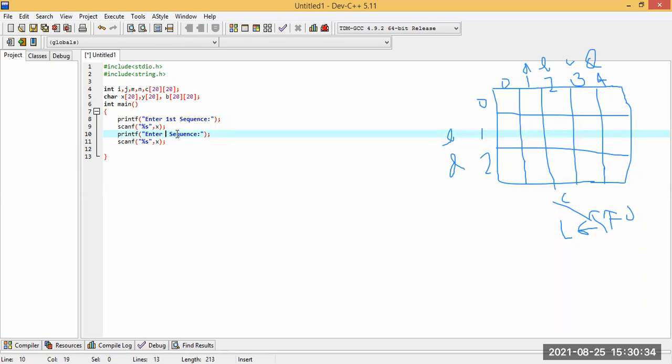The second string I will take, second sequence, and it will be y. Okay, then a statement I have written, like a statement I will write printf